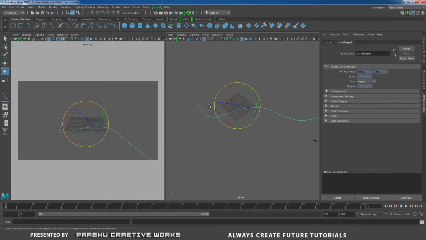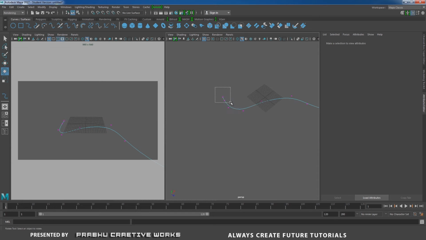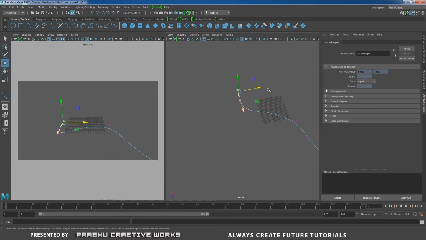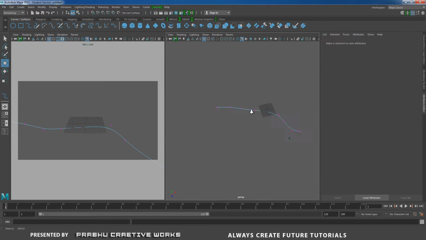I want to select this control vertex and move over here. I want to hide my starting position in my camera view. So like this. I will move this one. I will give equal distance of my curve points like this.